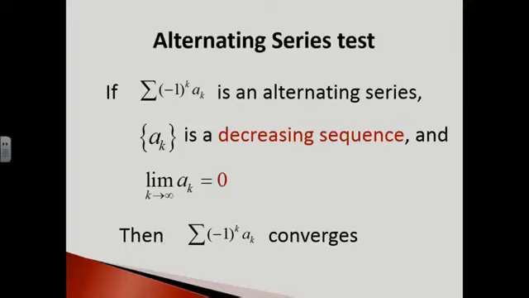When you test an alternating series for convergence, it is wise to begin by computing the limit of a_k as k tends to infinity. If this limit is not 0, you know immediately that the series diverges by the divergence test. However, if this limit is 0, you can show that the alternating series converges by verifying that a_k is a decreasing sequence. We consider an example.